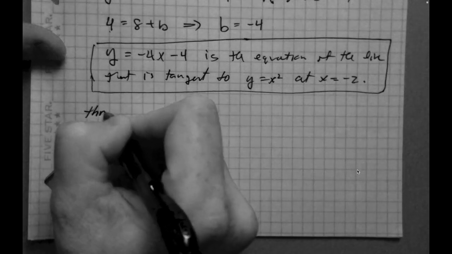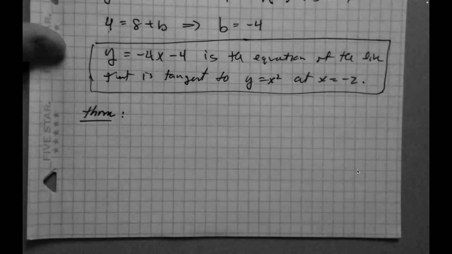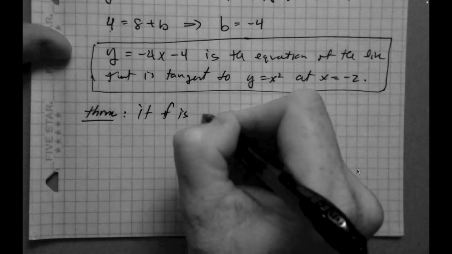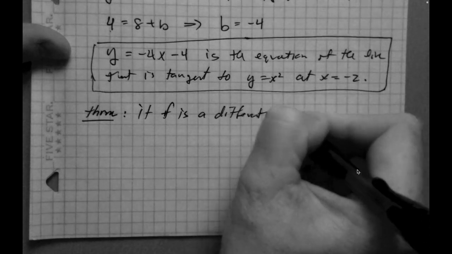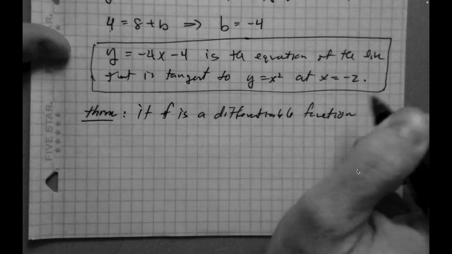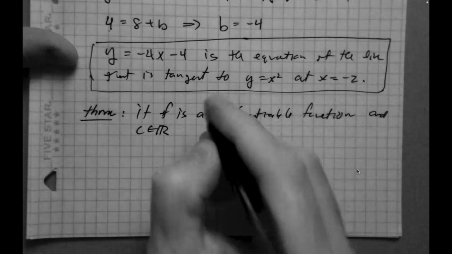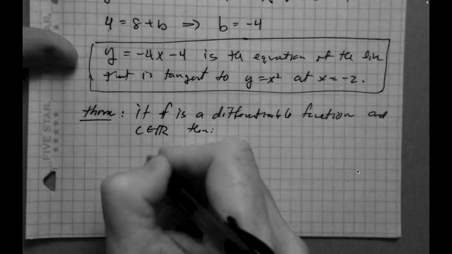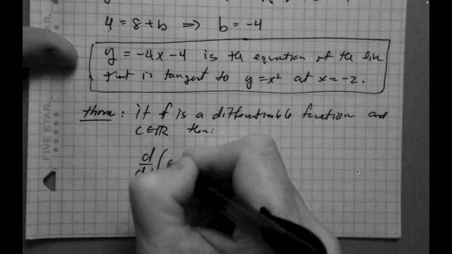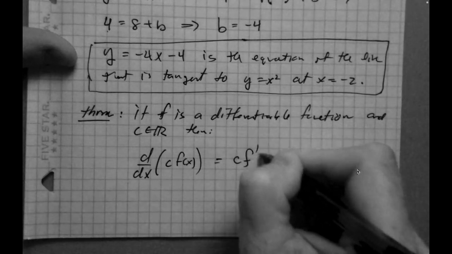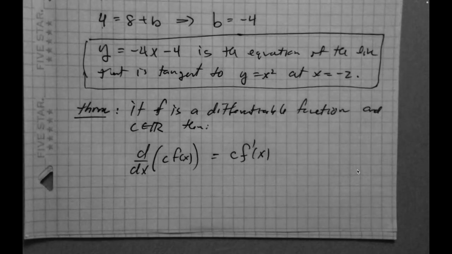Let's take a look at another theorem. So in this we'll say if f is a differentiable function, and c is a real number, then the following holds. The derivative of a constant times a function f is equal to c times f prime of x. So what is this saying? Well, what it's saying is that if I have a function f that's differentiable and I multiply it by a constant,